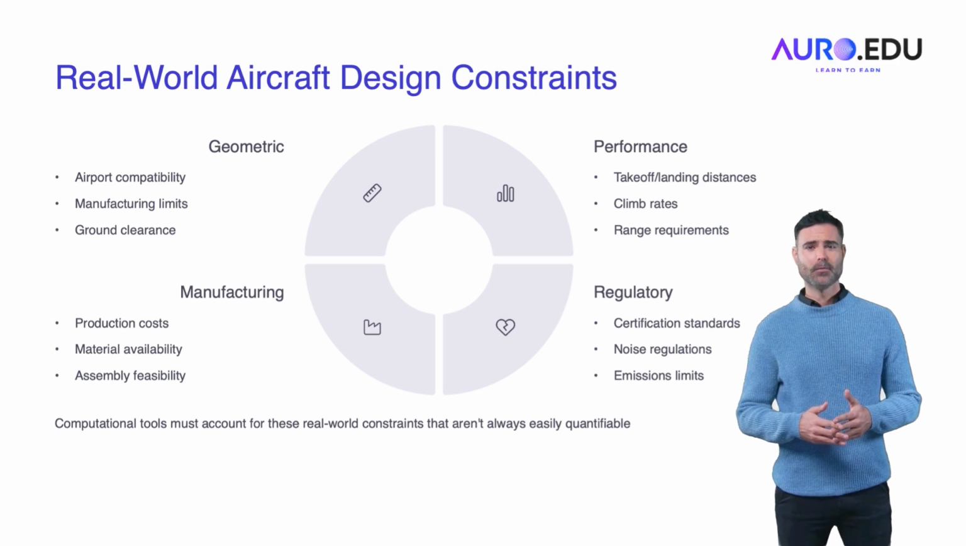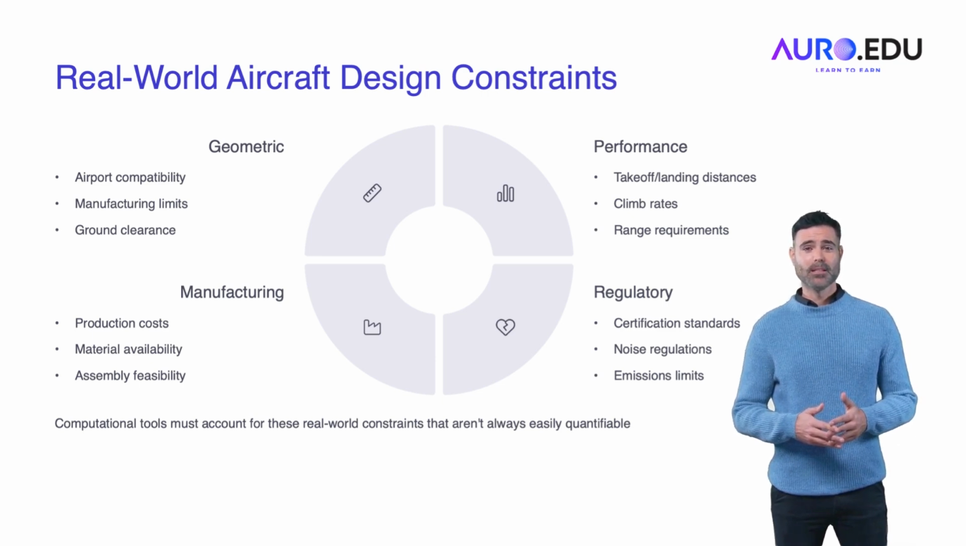Design constraints in aerospace. Design constraints are the real-world limitations that must be considered when optimizing aerospace components. Geometric constraints include airport compatibility, manufacturing limits, and ground clearance, ensuring that the design can be manufactured and operated within practical limits. Performance constraints like takeoff, landing distances, climb rates, and range requirements ensure that the aircraft performs as expected under various flight conditions. Regulatory constraints, such as certification standards, noise regulations, and emissions limits, dictate the permissible operational characteristics